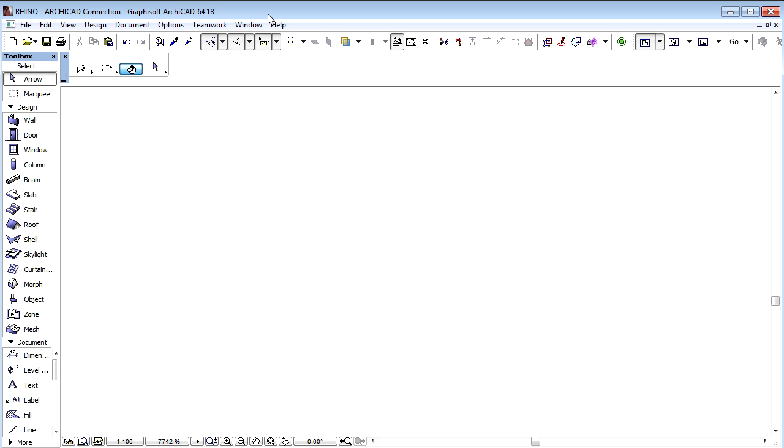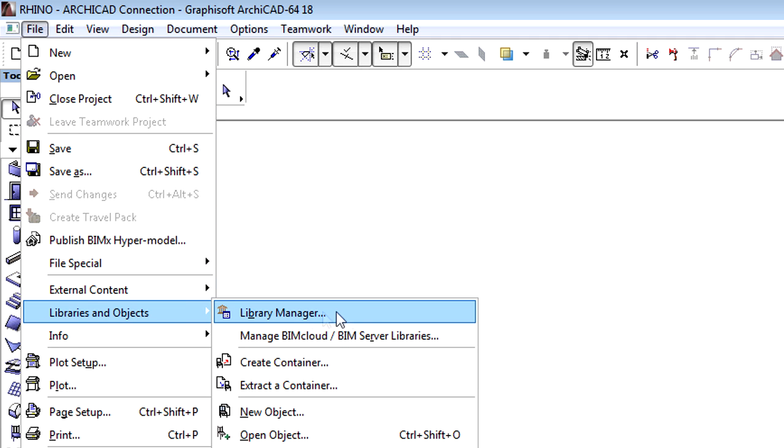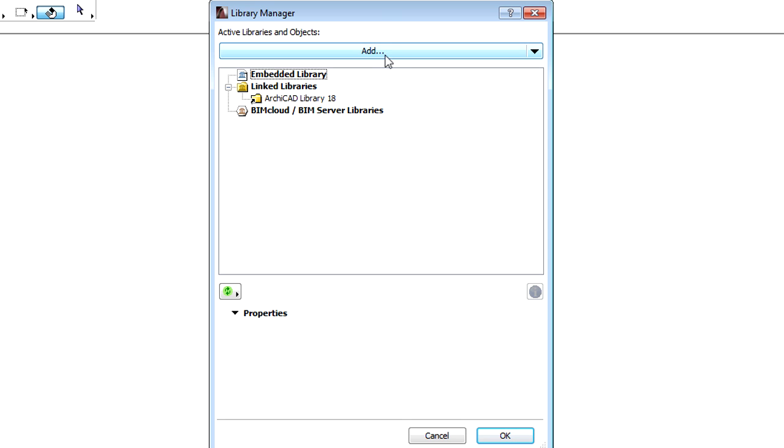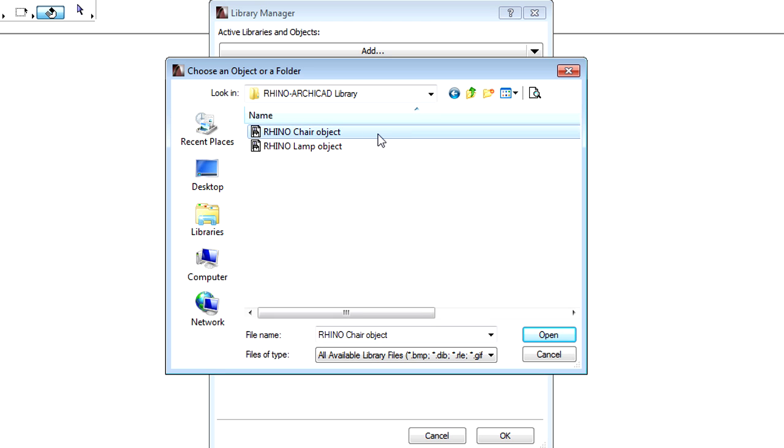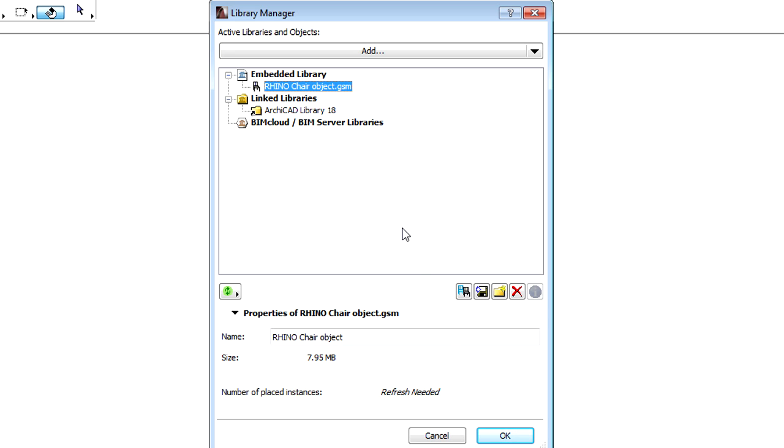Let's switch to ARCHICAD and see how to use the GSM object we just created. Let's select the File, Libraries and Objects, Library Manager command to open ARCHICAD's Library Manager. Click the Add button at the top of the dialog and select the newly created Chair GSM object in the file browser. Click Open to proceed. The Rhino Chair GSM object is now part of the embedded ARCHICAD library. Click OK to close this dialog and to refresh the content of the